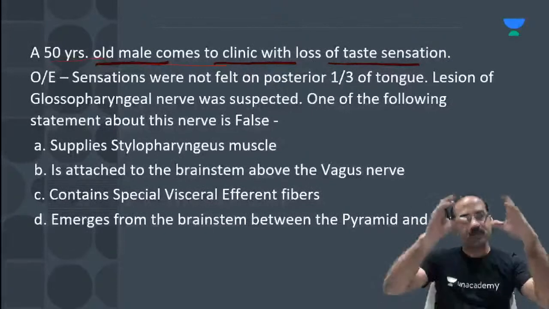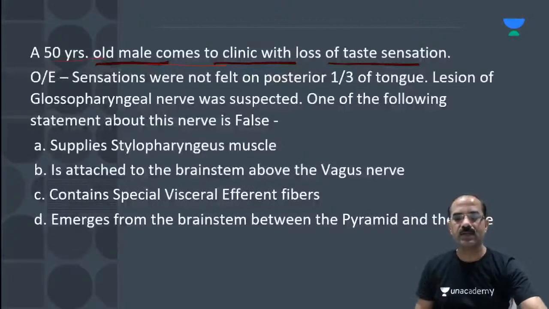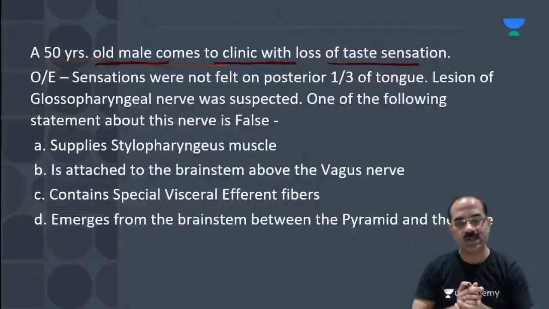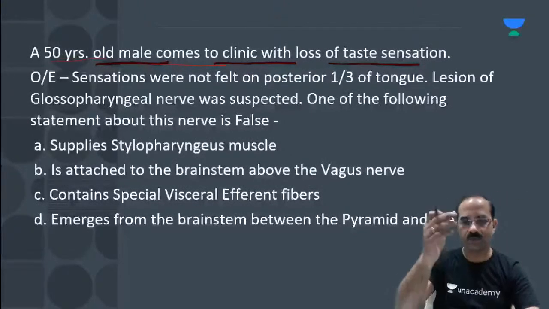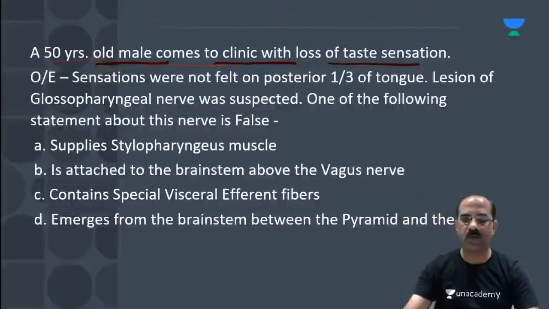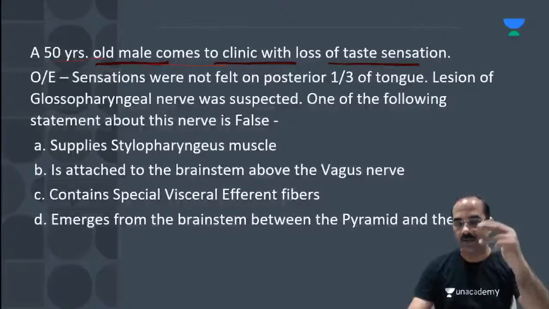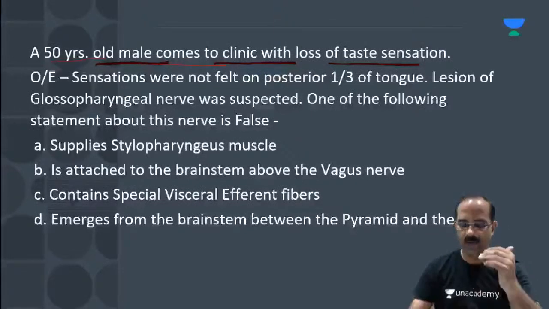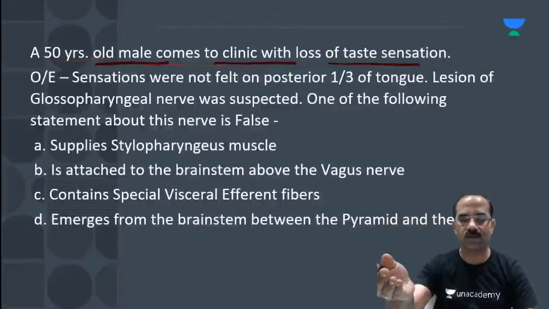I'll just finish this. Tell me, students, anterior 2/3 of the tongue is derived from which pharyngeal arch? The first pharyngeal arch. The nerve of the first arch is mandibular, so anterior 2/3 is supplied by a branch of mandibular, that's lingual. Posterior 1/3 of the tongue is derived in the third arch, from the cranial part of Hypobranchial Eminence. So the nerve supply is glossopharyngeal.